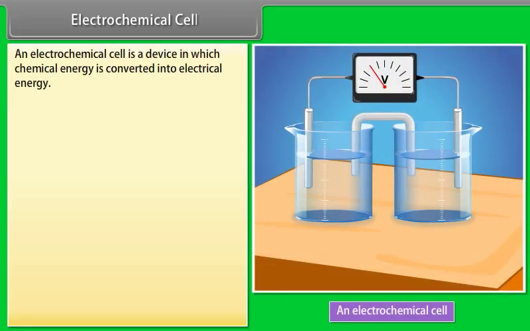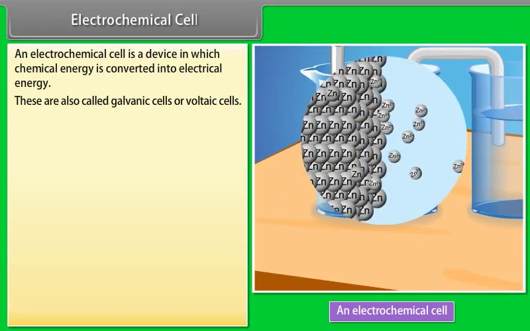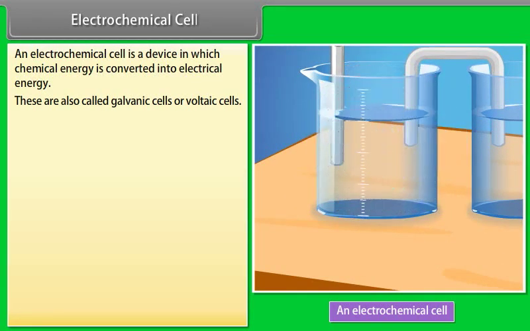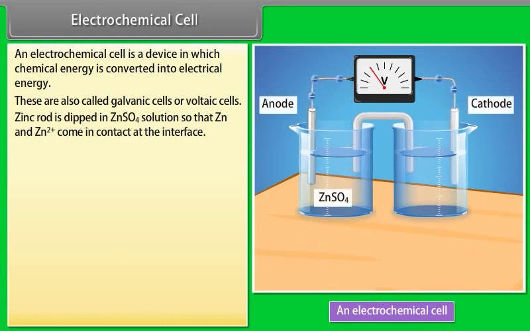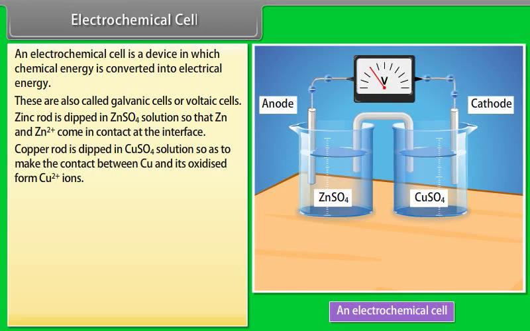Electrochemical cell. An electrochemical cell is a device in which chemical energy is converted into electrical energy. These are also called galvanic cells or voltaic cells. Let us consider the redox reaction between zinc and CuSO4 solution. Zn and CuSO4 solution are taken in separate vessels. Zinc rod is dipped in ZnSO4 solution so that Zn and Zn2+ come in contact at the interface. Copper rod is dipped in CuSO4 solution so as to make the contact between Cu and its oxidized form Cu2+